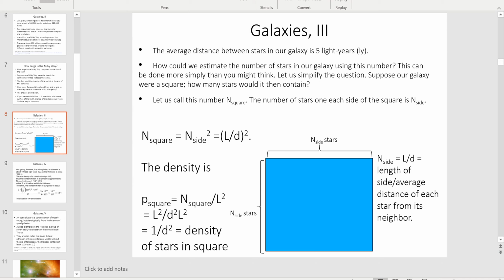You could just do a quick calculation. You could ask yourself how long it would take you to add up 100 billion of anything, stars or whatever else, if you counted once per second. And it turns out it's an absurd number of years. So there's no way that you can actually take a telescope and count the number of stars in the Milky Way galaxy.